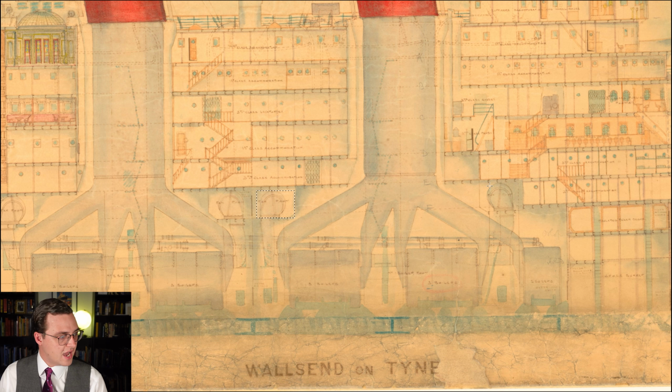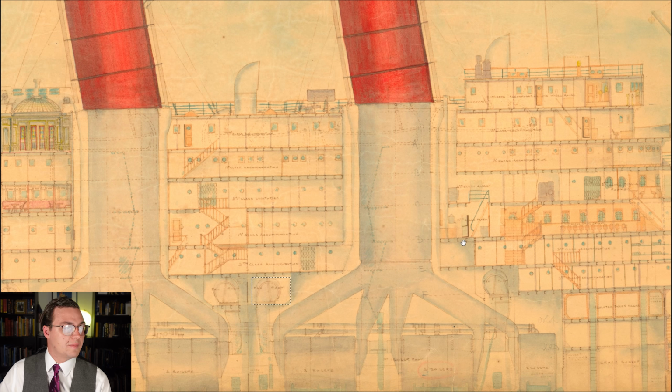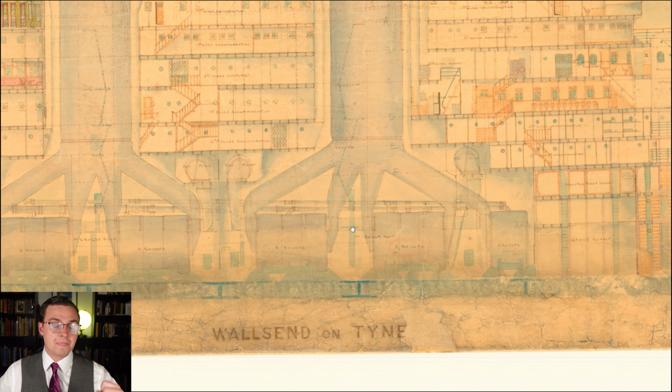Another interesting thing are the fan rooms here. These big Scirocco fans, they're a centrifugal fan, and they essentially draw air from the upper decks, and that's what those big vents are for. So if you look a little further up, you'll see there are some big stokehold vents right here. What they're doing is providing a channel for fresh air to be drawn in, and the fan all the way down at the bottom of the ship is drawing that air in and then depositing it into the boiler room, into the boilers to create a more efficient burn, and also provide some fresh air,